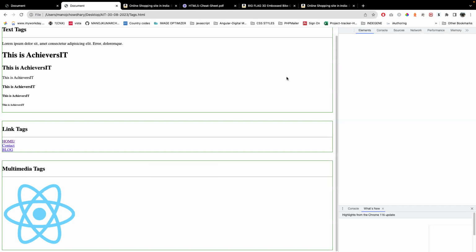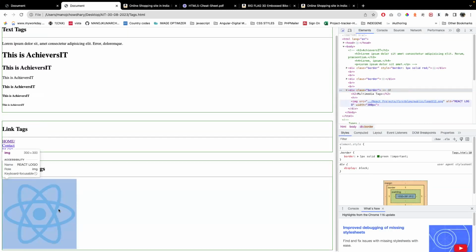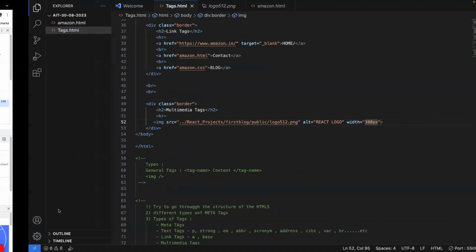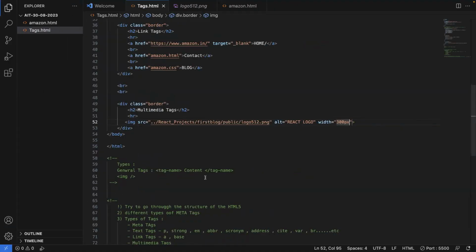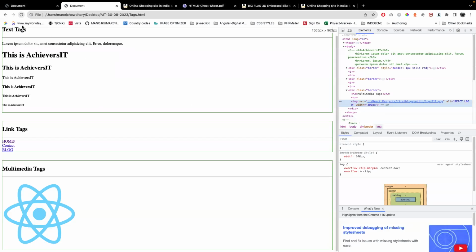So, if you check also, what is the size now? 300 into 300, right? But here, did I mention any height to this? We mentioned only width, but how are we getting height? So, I don't want that height, I want the height to be different. A height of 200 px or else 100 px I gave. Okay. And if I reload now,